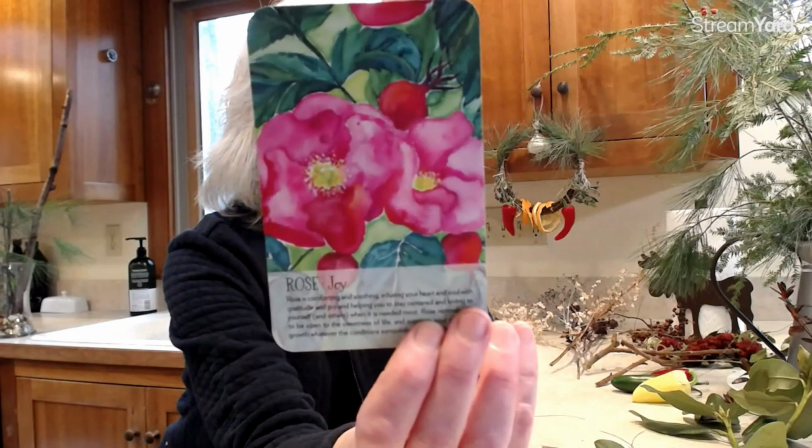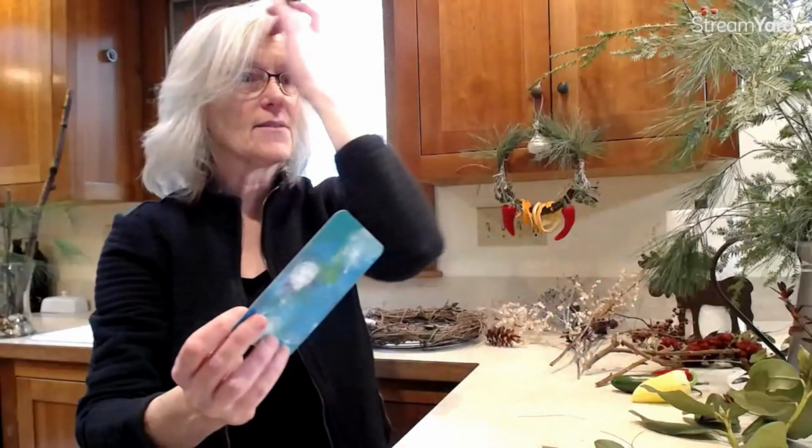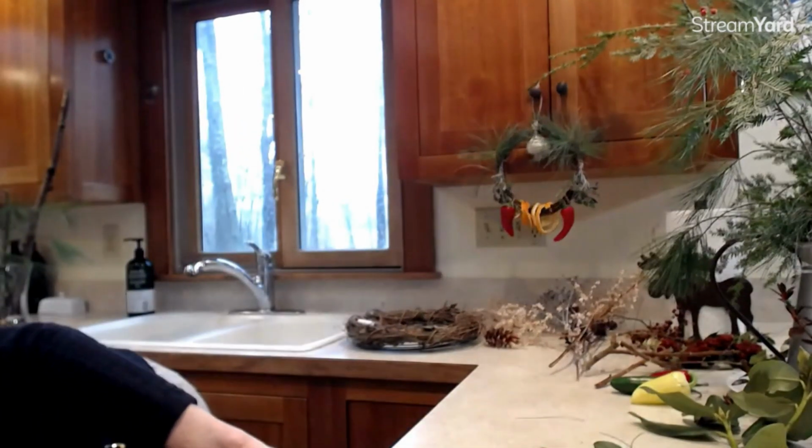And this is most likely, where I live, the Rosa rugosa, I think, is the kind of wild rose that grows around here on the beaches. Some people call it beach plum, and a lot of people will collect the rose hips and make a beach plum jam. But you can go out and collect any kind of rose hip. And today we'll be talking about this, and I'll be using,